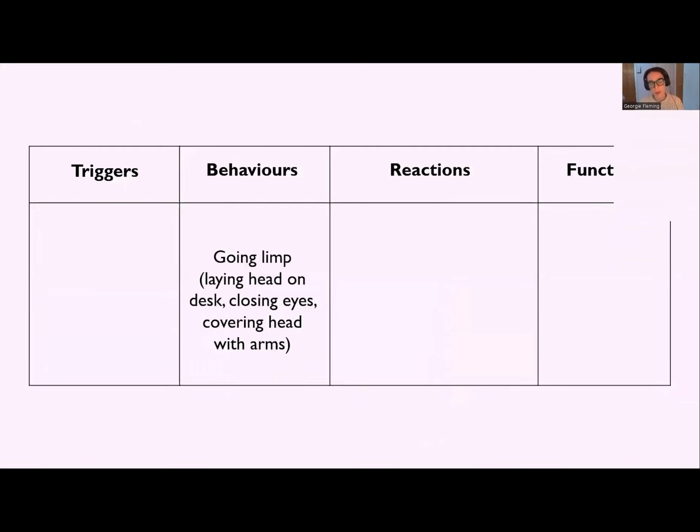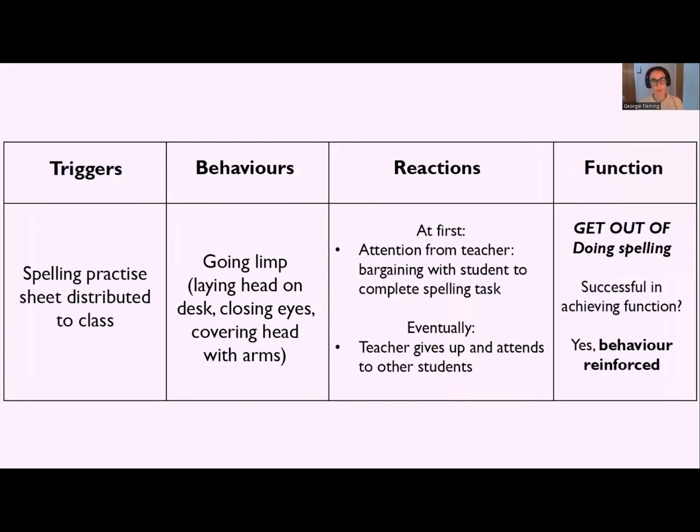They could be useful. So you have a kid where the behavior is, if we describe what the child is doing, what can we see, what can we hear, they lie down on the table, they go limp, sort of loosey noodle, closing their eyes, covering their heads with their arms. So that's the behavior I can see happening in front of me, right? What has happened immediately before this behavior? What were the potential triggers for this behavior?